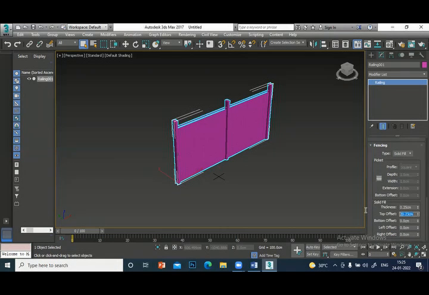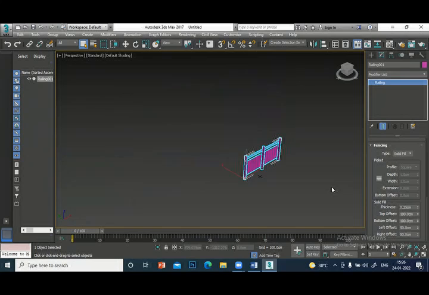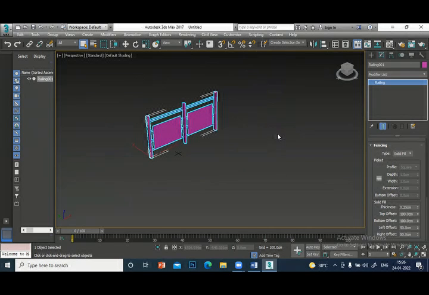You can give some offset at the top. Bottom offset, again 100. See, side offset, left offset, 50. Right offset, 50. So you can adjust this by changing it. And you can convert this to glass later in the material, you can put glass there. You can have a different type of fencing now. So you can modify according to your convenience.